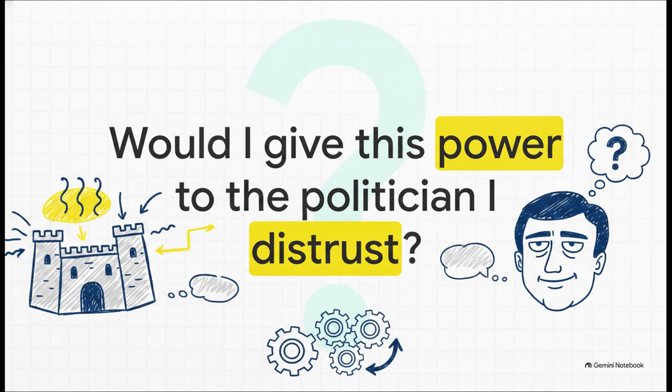And if the answer to what level is the federal government in Washington, you've got to ask yourself this one final massive question. Would I willingly give this exact power to the politician I distrust the most? Because the power you create in the bailey today does not change when the office holder changes. Only our feelings about who controls it do. So think about that the next time you hear a politician make a grand promise.